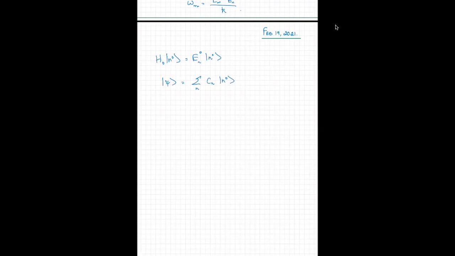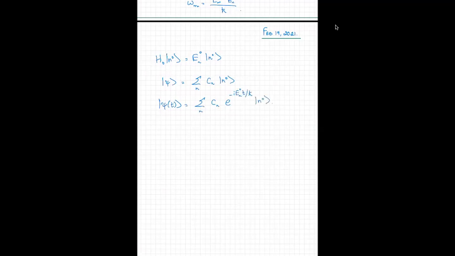And if I want to know how this state psi evolves in time, the answer is quite easy, because I know how all the stationary states evolve in time. I just need to tag on the time dependence. So psi of t would simply be equal to